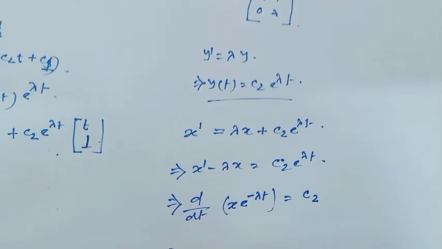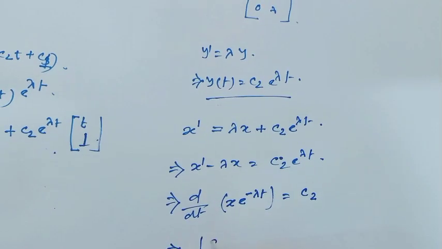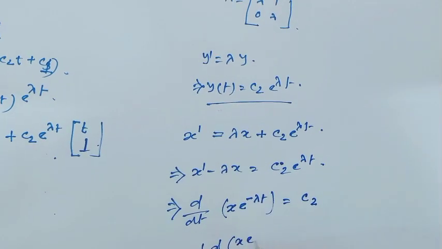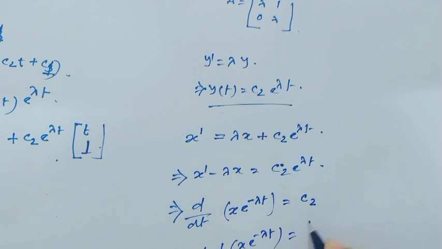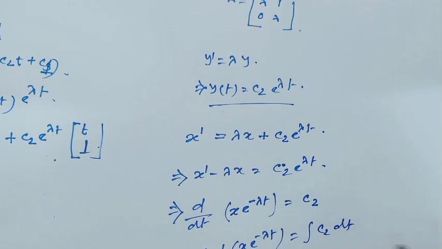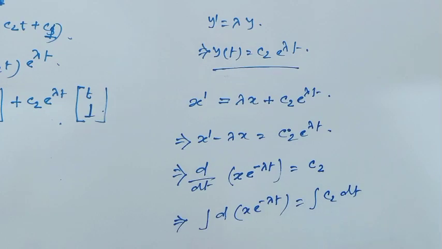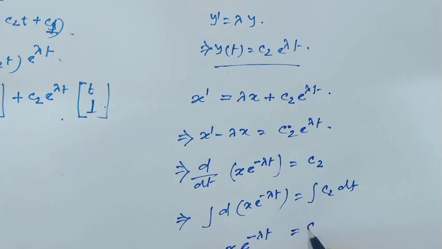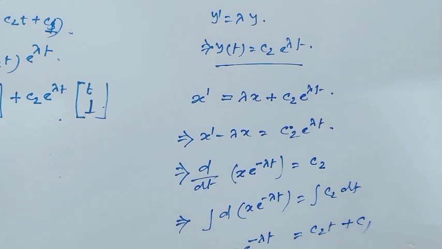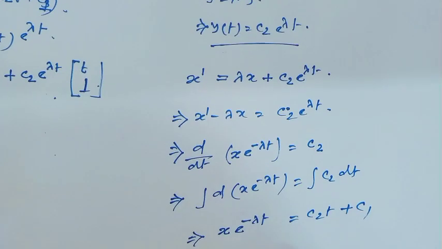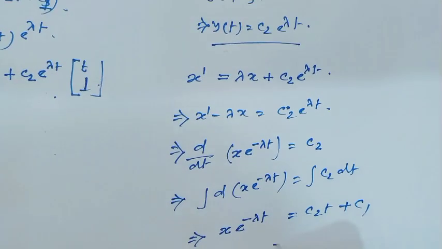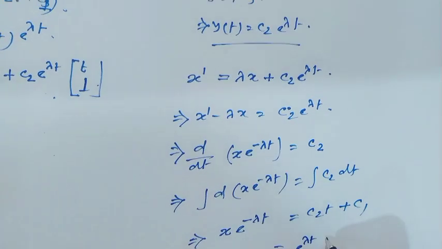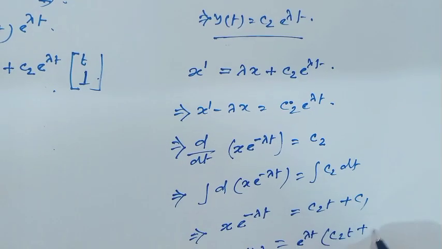Now integrating both sides, x e to the power minus lambda t equals c2 t plus c1. That implies x(t) equals e to the power lambda t times (c2 t plus c1),